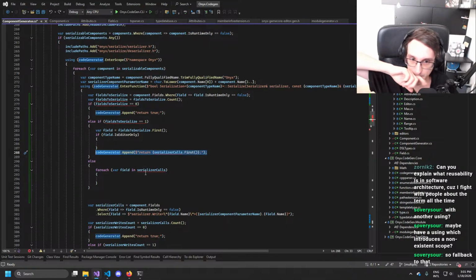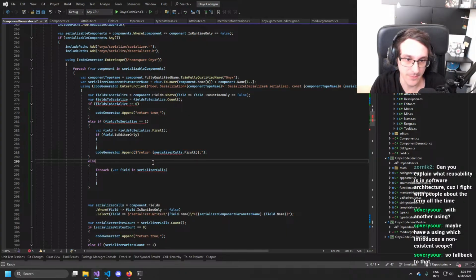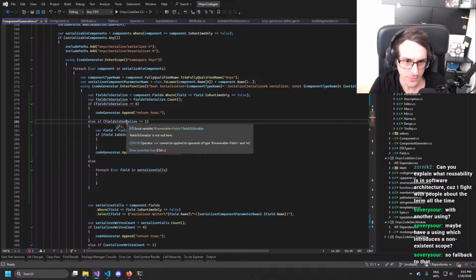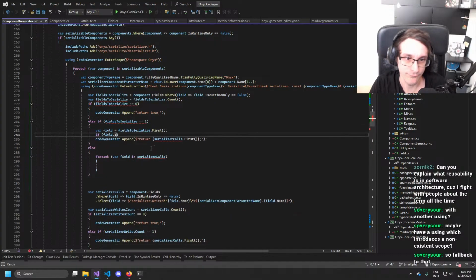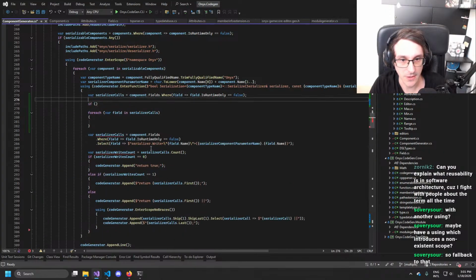So if it's not true, we introduce basically an empty scope that doesn't do anything. Maybe. We could try that.